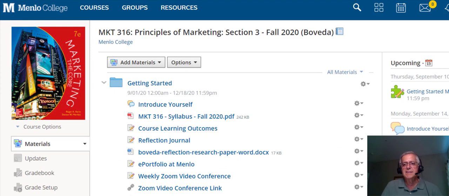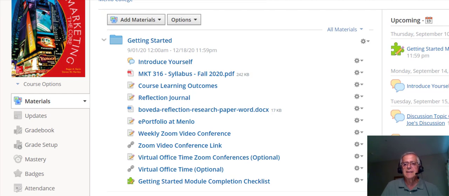You also have on the right-hand side a calendar showing you what is coming up, more of the recent activities that require some of your attention, and obviously those are reflected on your calendar as well. So this is a good way for you to have access to anything that is pertinent to that particular course, and this will help you stay organized. And this is also how you will then, depending on what the professor has done, upload and submit materials that are relevant to that particular course.